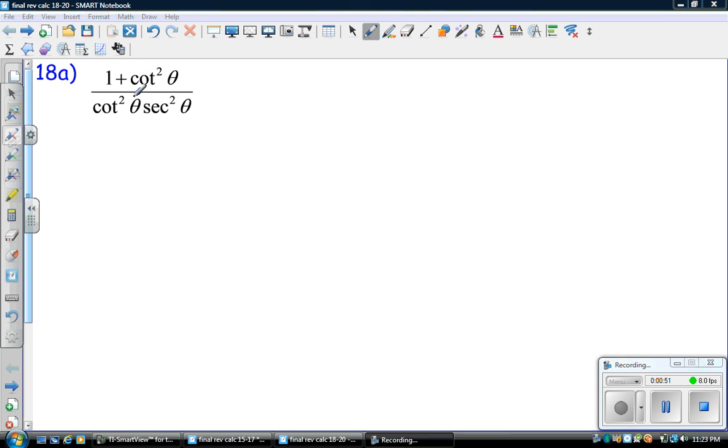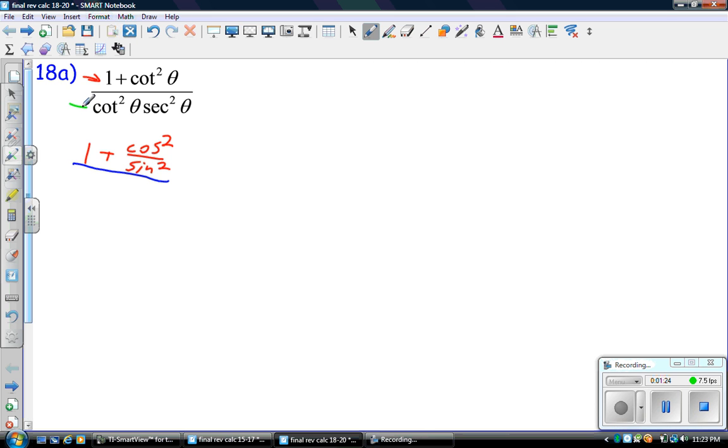When in doubt, convert to sines and cosines and see if it'll help. It may not always help, but maybe it can do something. So just looking at the numerator, this would be 1 plus cotangent, which is cosine over sine. So cosine squared over sine squared, just for the numerator. I'm not going to write the thetas just to save a little space, and they'll probably come out bad anyway. Over